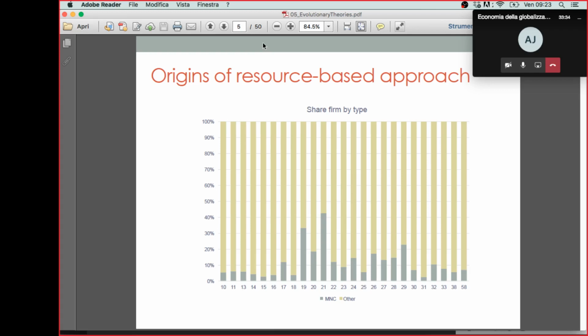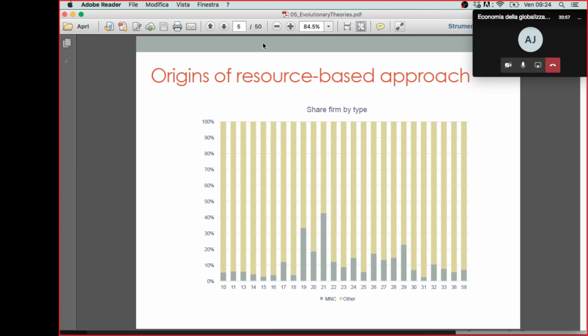But at the same time, in sectors in which asymmetric information is lower, the cost of using the market system is also lower. So in those cases, you should expect all the firms in that sector to be of a smaller size. Okay. However, this is not what you observe in the data, because if you go to the data,